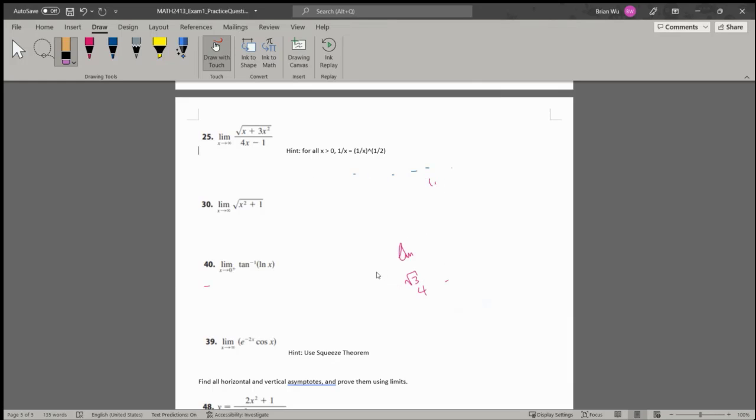Why wouldn't the asymptote approaching negative infinity be negative? Okay, so I'll write that again. So we found that transformed expression, which I believe was 1 over x plus 3 over 4 minus 1 over x. So if we try to see where it approaches as we plug in negative infinity,